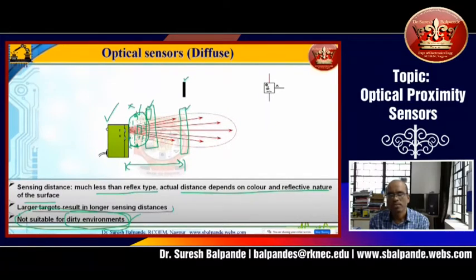Any other application? Have you seen that in a wash basin you have this kind of arrangement? Just put your hand just below that tap. Have you seen this arrangement? If you go to any shopping mall, you will have this arrangement. That is some sort of IR sensor module.